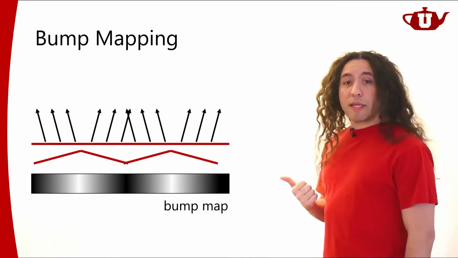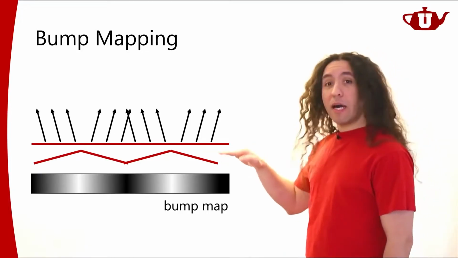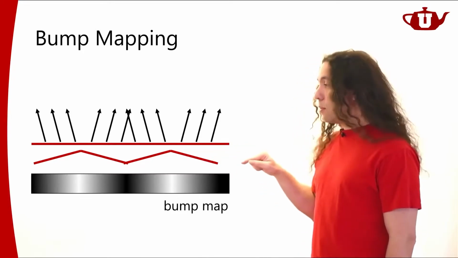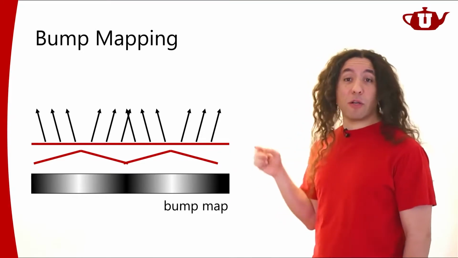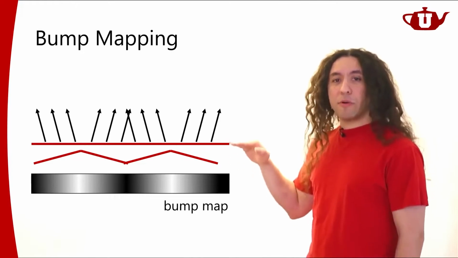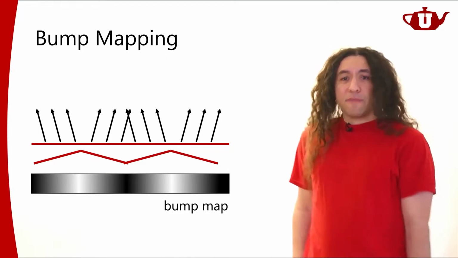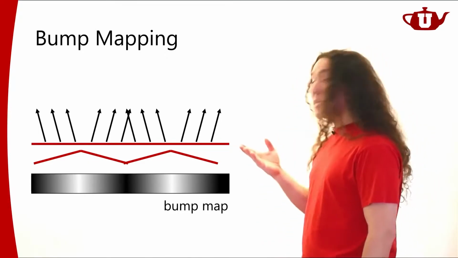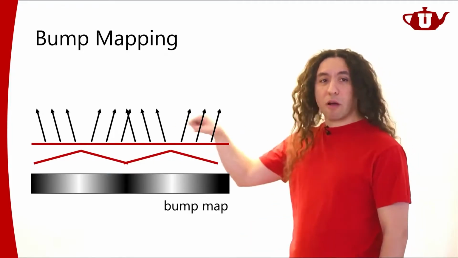Sometimes we call this a height map because it specifies the height of the surface at any point. The value here between 0 and 1, 0 meaning black and 1 meaning white, tells you the height of the surface at any point, right? It's a very, very simple idea, but by using this height map or bump map, we can generate the appearance of a surface like this.